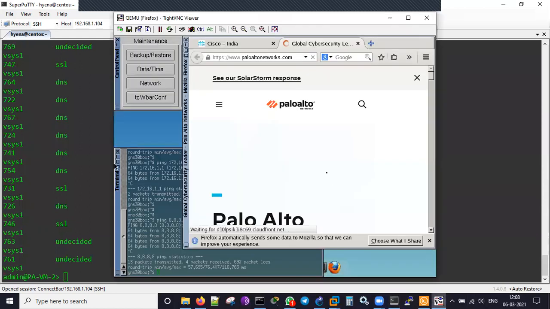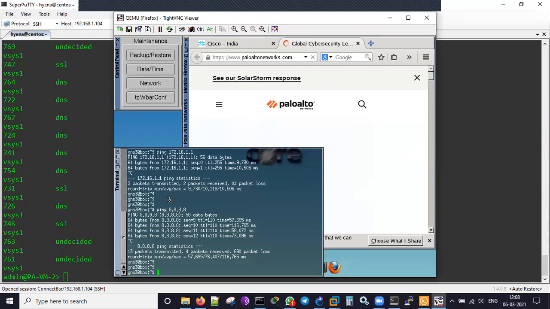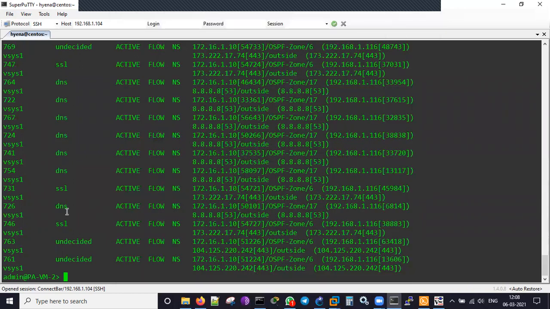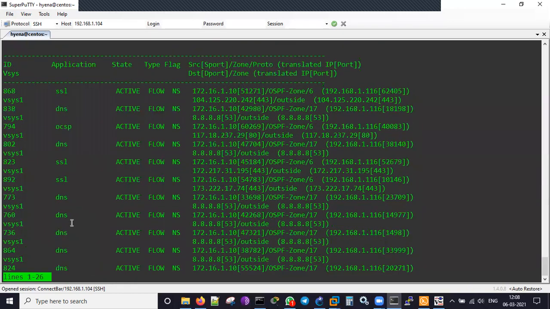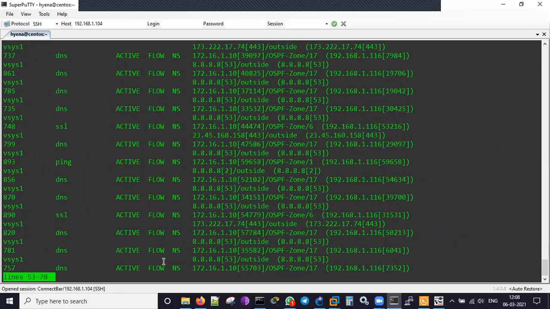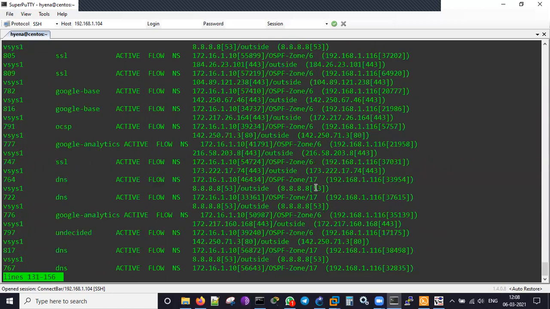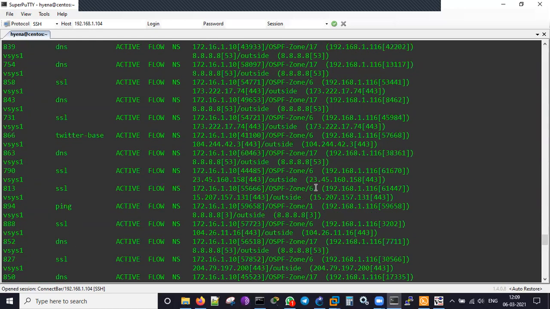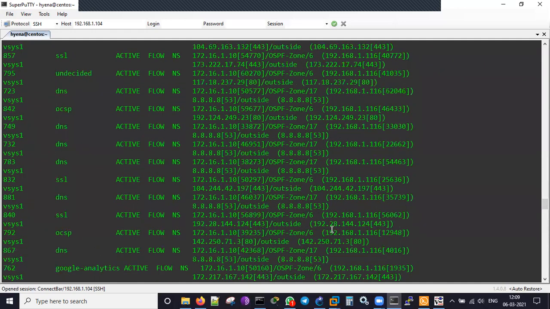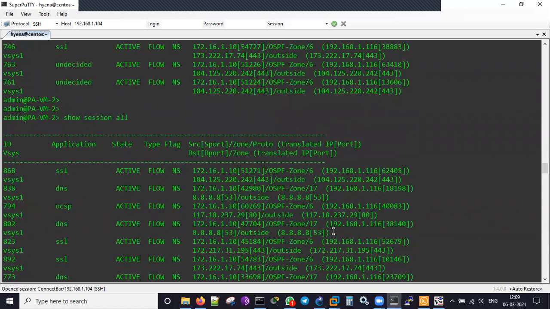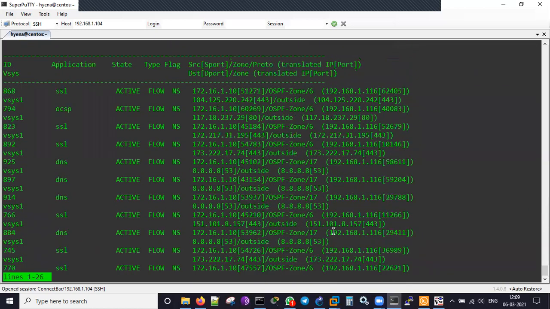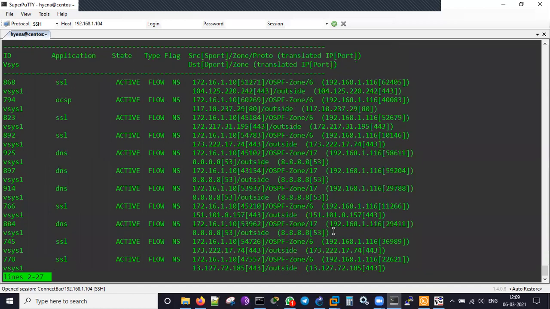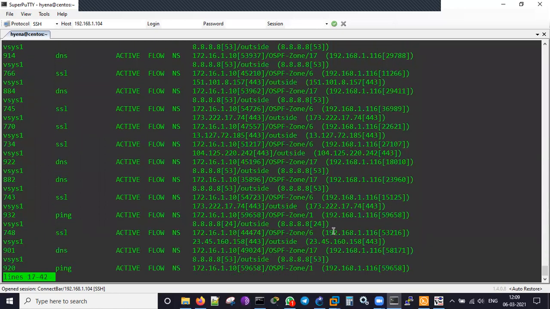Even if I ping that, I will be able to see that here. I'll just ping this. Now if I go back and check that again, it'll be showing me. Ping is coming on this. Somewhere it'll be coming up. Here there is a ping. 172.16.1.10 is pinging the 8.8.8.8. So like that, I can just see all the logs as well. But actually logs are disabled on the non-licensed firewall, but we are able to see some minimal logs on the CLI platform.